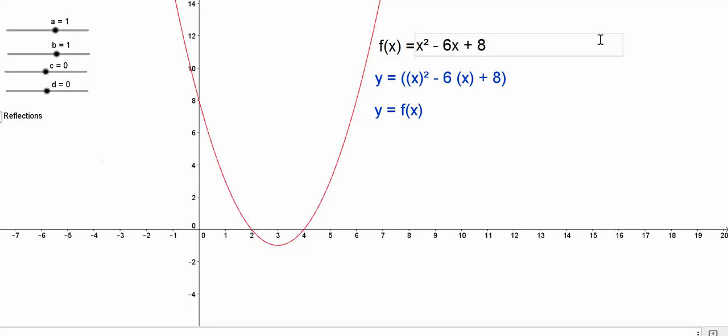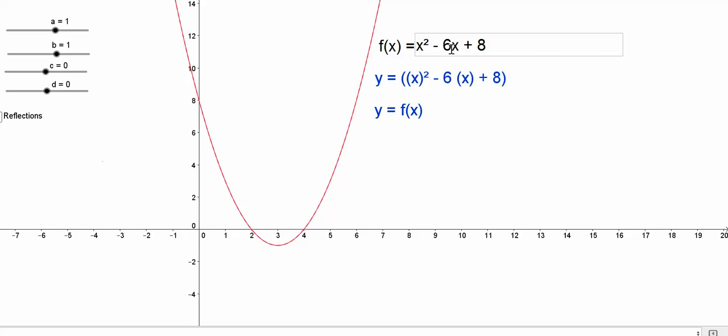This is a quadratic function, so its graph is a parabola, and as we can see by this red curve here, it's in this orientation as the coefficient of x squared is positive, so it's of the U shape. We can see it passes through the 8 on the y-axis, as f of x is 8 when